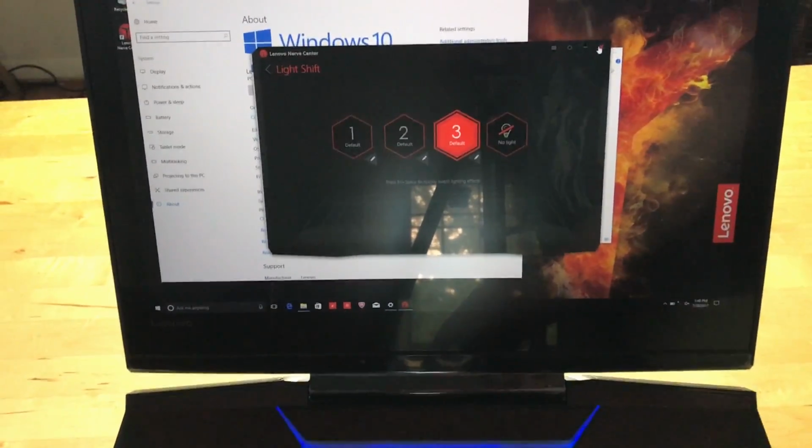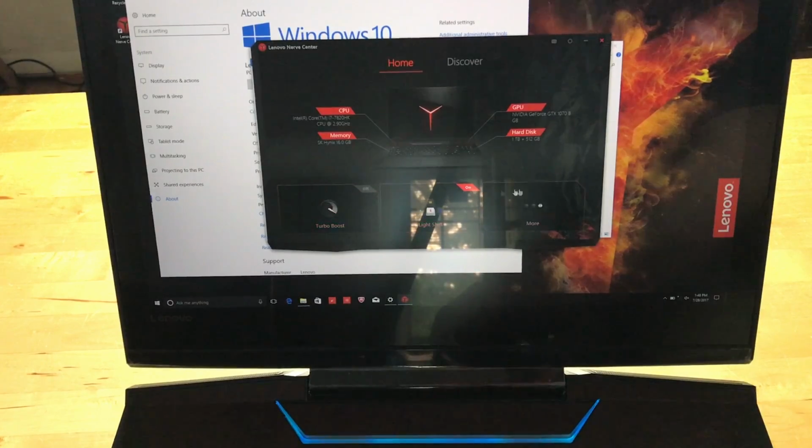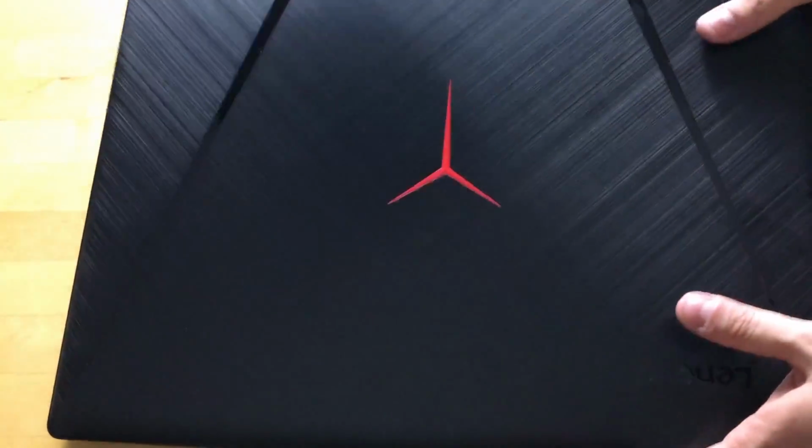So back up to what we've got going on over here. Turbo boost, more. All right, yeah, 1 terabyte plus 512, like it says right here. 8 gigabytes of video RAM in the GTX 1070, which is awesome. All right, so let's close this and just take a look at the outside. So it's got JBL speakers. It's got plenty of vents along